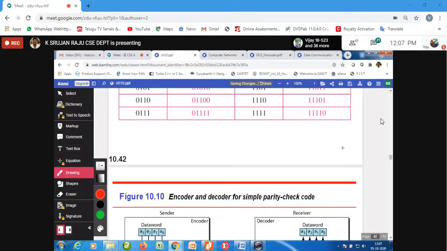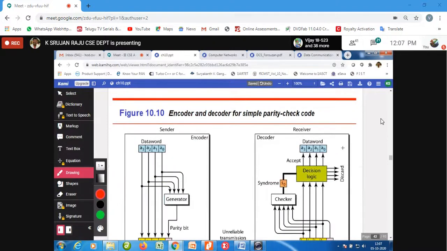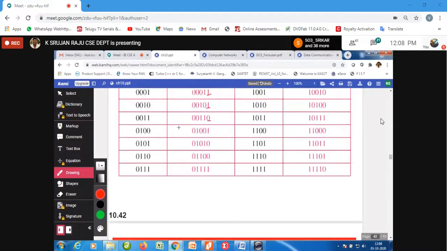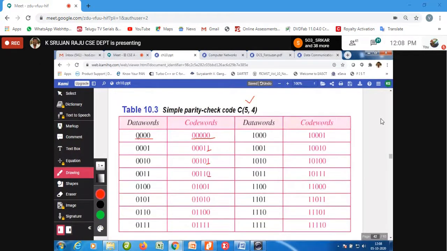Now at the receiver end, what is going to happen, you can have a look. So the encoder and decoder for simple parity check, how it is going to happen. Everyone has to note down this particular thing first. In the encoder function, the 4 bits are A0, A1, A2, A3.